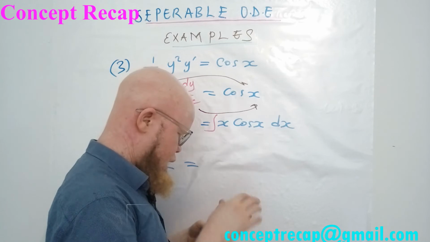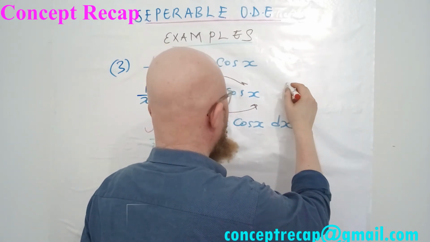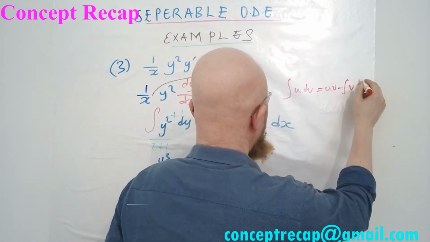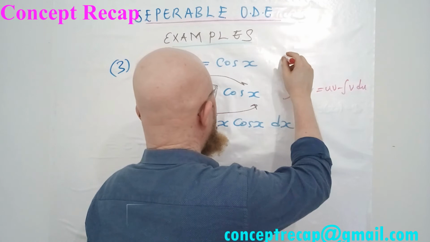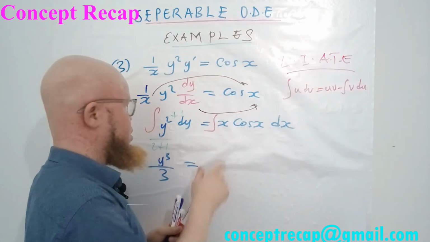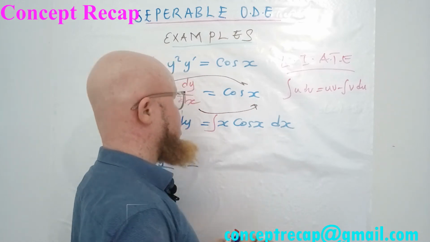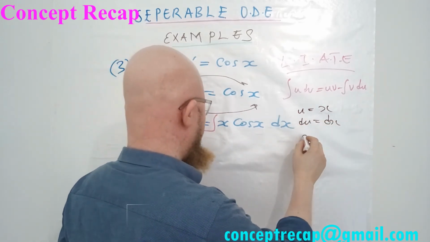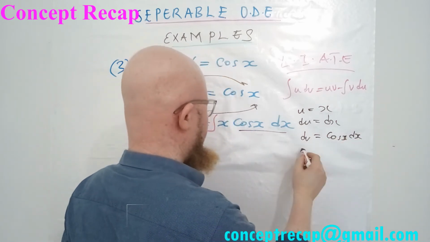By parts. So again, we are going to write our formula for parts. So it is integral of u dv is equal to uv minus integral of v du. And our u, according to what we said, you see that the first what comes is algebraic, because the other one is trig. So you start with algebraic. So your u will be this x. So u will be x, and then du will be dx, and dv will be this stuff. So it will be cos x dx, and the v you integrate, and then